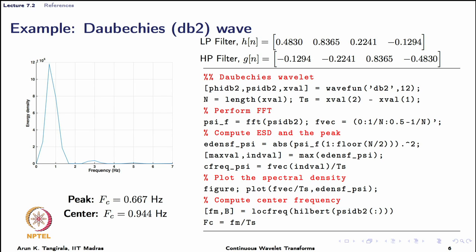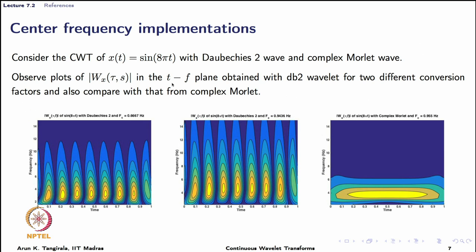Of course, by theoretical definition and the discussions that we had at the beginning of this lecture, we know the center frequency is a more appropriate conversion factor for scale to frequency. But let us look at an example where we follow the second method, that is, I take a sine wave of known frequency, compute its CWT with Daubechies 2 wave and a complex Morlet wave. And what I do here is I use the two different conversion factors when it comes to Daubechies 2 wave, because there is considerable difference between the peak frequency and the center frequency, whereas for a complex Morlet wave the